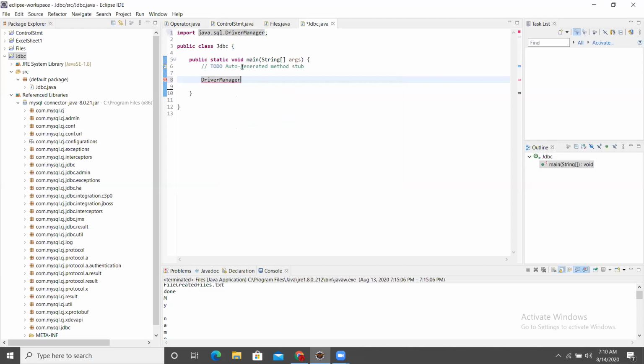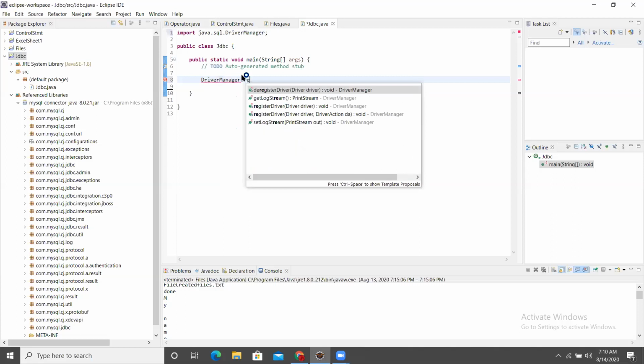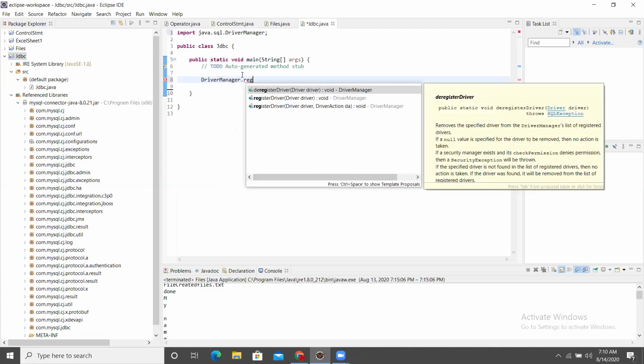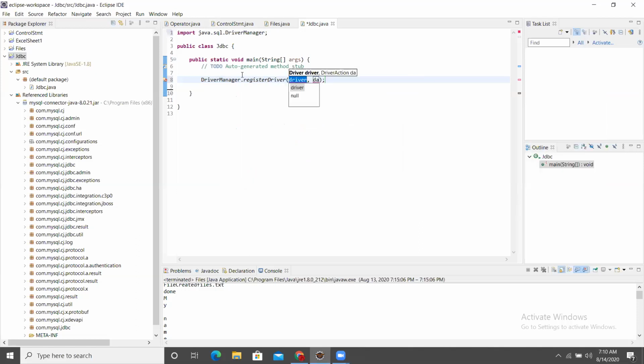Dot register. Yeah, the second method. Remove everything and pass only one parameter, that is new.